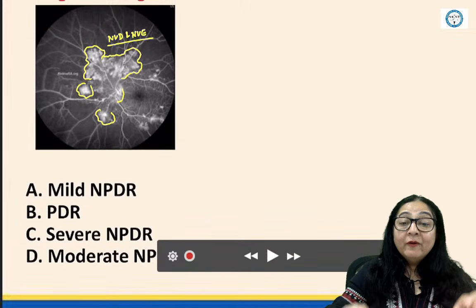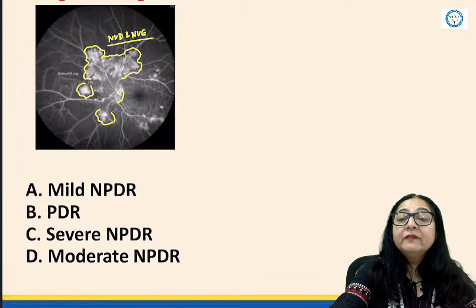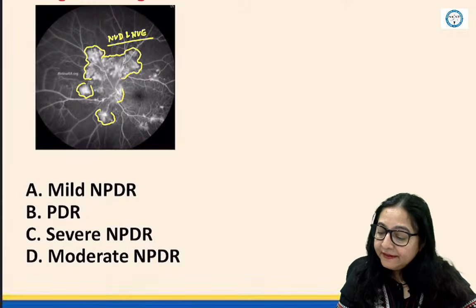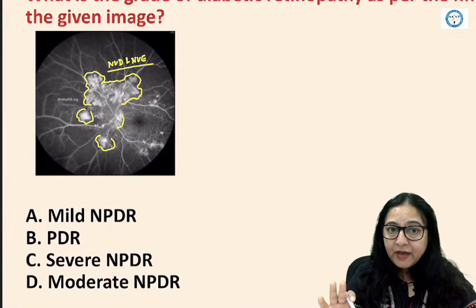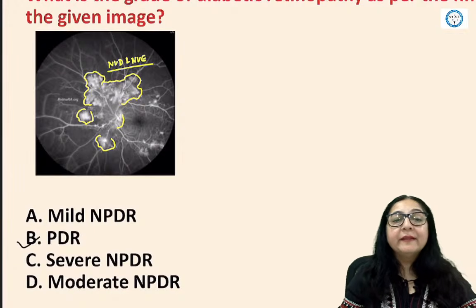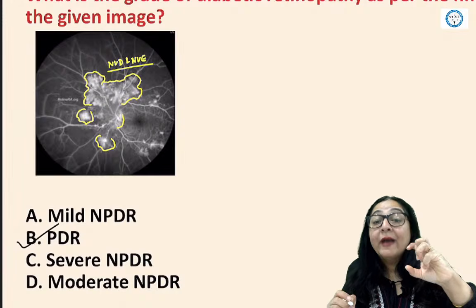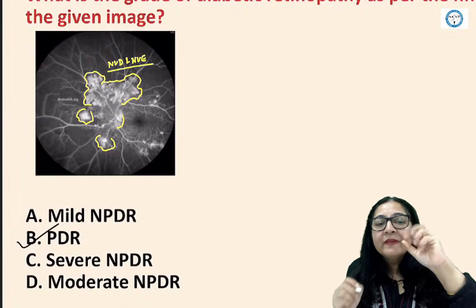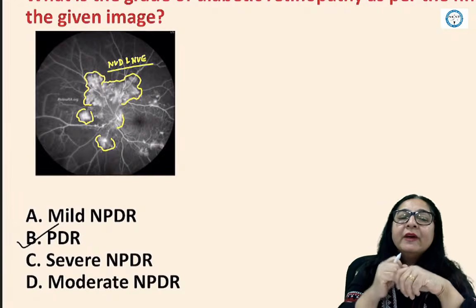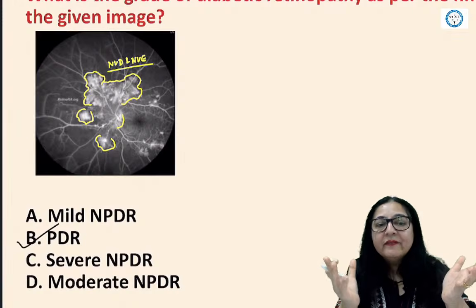What is the grade of diabetic retinopathy? I'm sure it is clear, no doubt to everyone. So this is the proliferative diabetic retinopathy. If it is mild NPDR, you will be just seeing some microaneurysms. So microaneurysms will be appearing as hyperfluorescent dots. Whereas in severe and moderate NPDR, it will be more extensive areas of